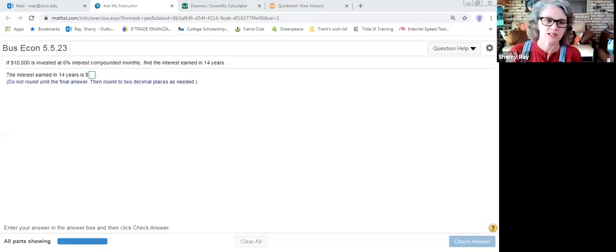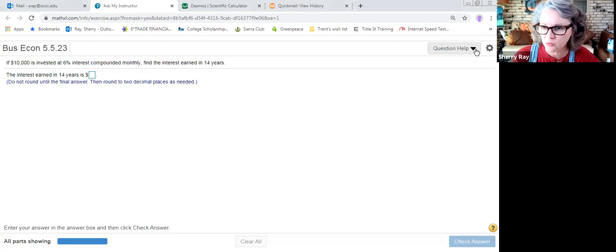So this is a problem on section 5.5. On this problem, make sure you pay attention to the question, because it says the interest earned in 14 years is how much? Okay. So the first thing you might want to do when you go through these problems in section 5.5,